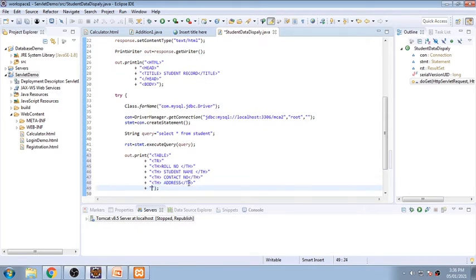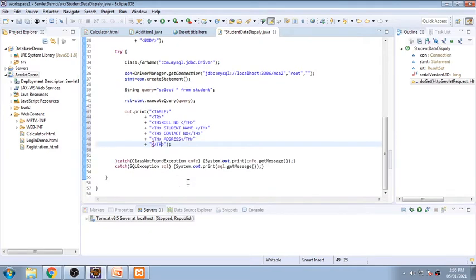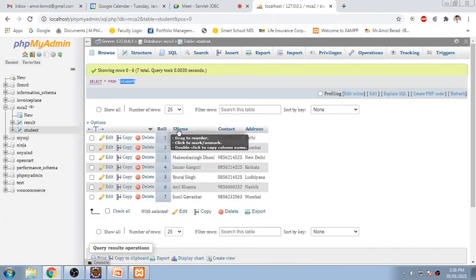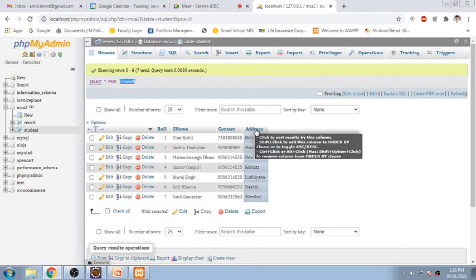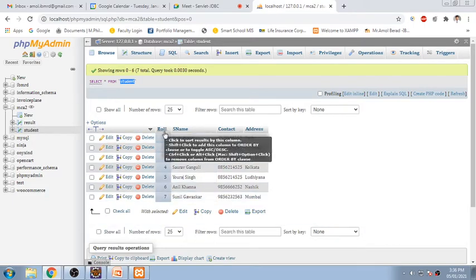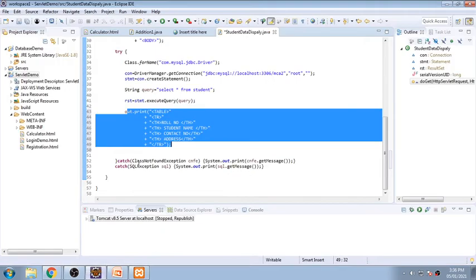And finally the row will be closed, slash tr, meaning the table row is completed. So these four fields will be displayed first, and after that, whenever a record is retrieved, you will see it. The header is only displayed once, so I am writing it outside the while loop. The first record, second record, third record are initiated again and again, so that will be written inside the while loop.